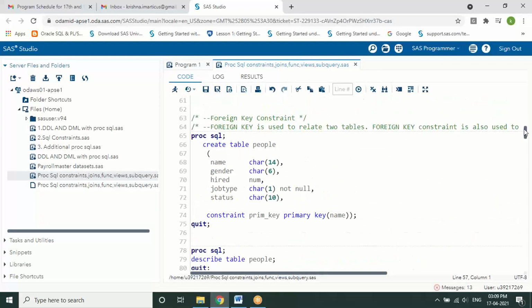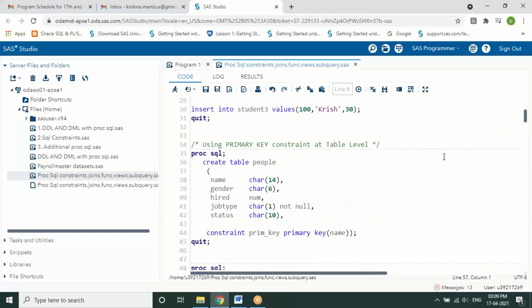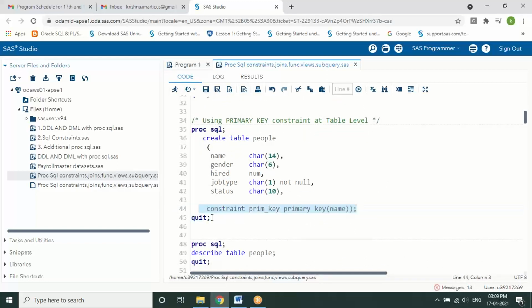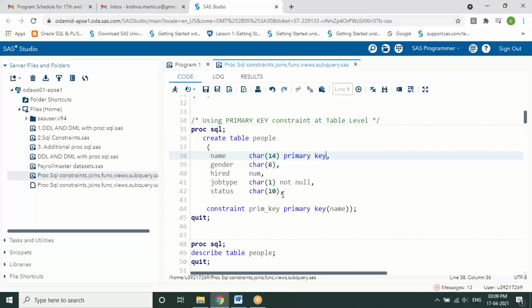One more thing: that constraint primary key you have written, what is the statement here? We are creating name as a primary key. Normally we can write it directly like this, along with the name, data type and primary key. That is one way of writing it, or else there is an alternative way of writing a primary key with the name of that constraint.